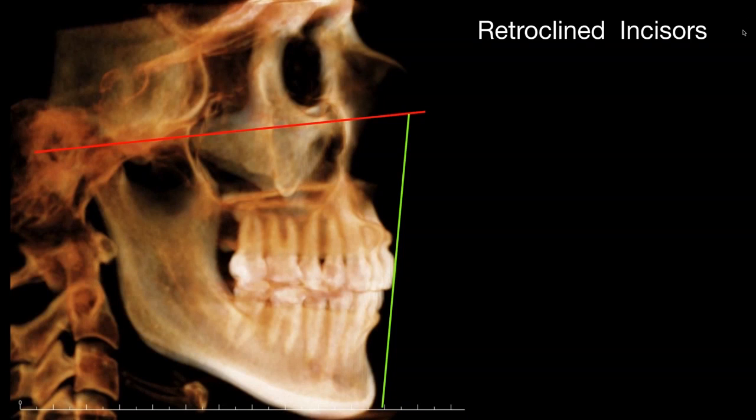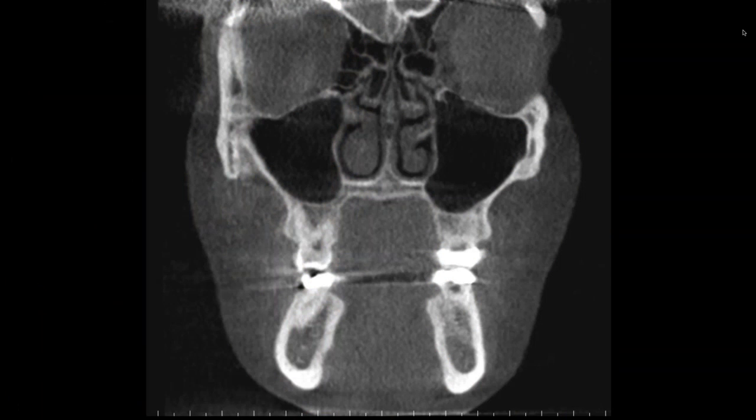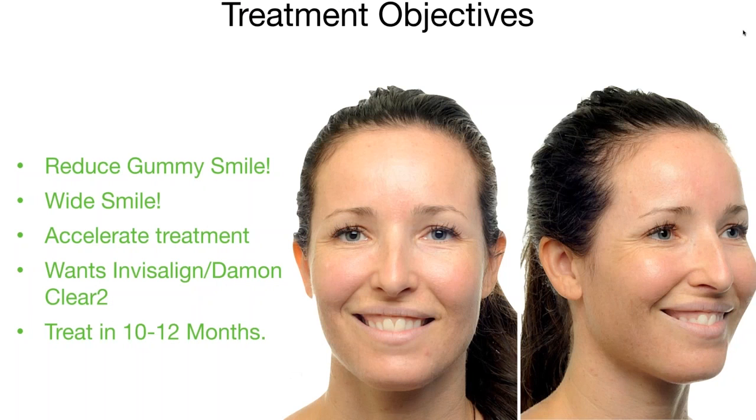You can see that her incisors are retroclined. We want to bring them out. You notice that I do scans and look at the palatal vaults. She wants to reduce the gummy smile. We're going to widen the smile. We're going to accelerate treatment. Now, she wanted Invisalign. I told her I wouldn't be able to accomplish it and get what her goals were and what mine were. But I told her I wanted to treat her in 10 to 12 months, and we would do these